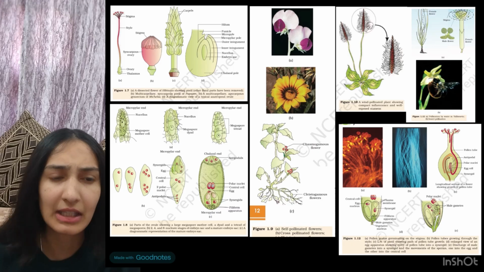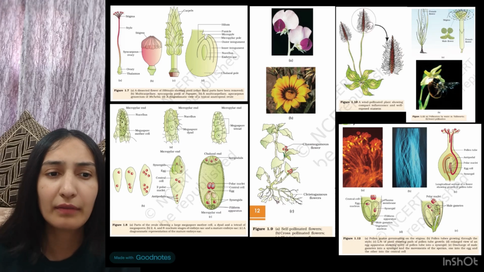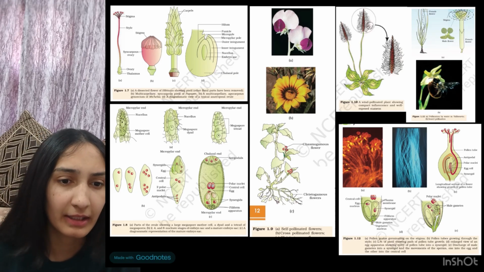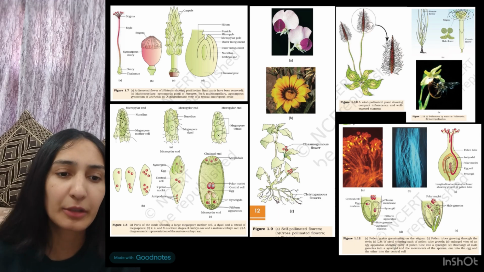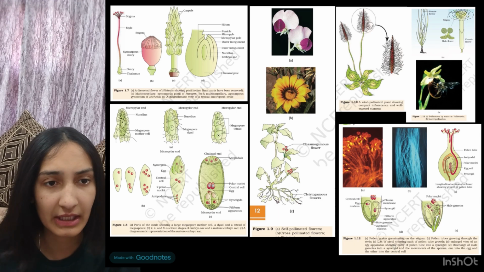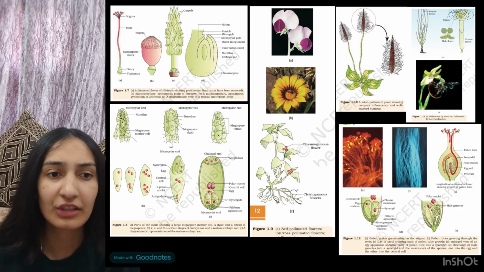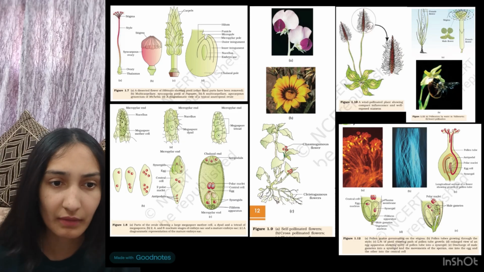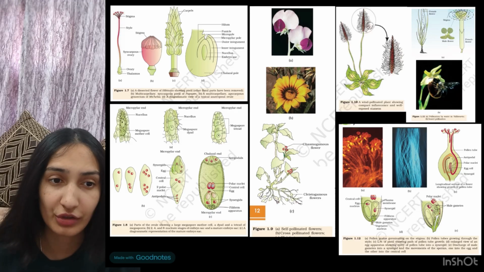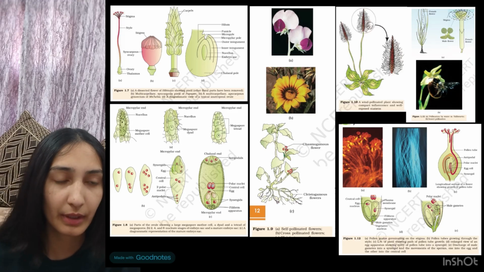You can clearly see that in the final stage we have 2 synergids, the egg, the central cell, 2 polar nuclei, and then 3 antipodals. Then C depicts a diagrammatic representation of the mature embryo sac where all of these have aligned. You can clearly see at the chalazal end we have 3 antipodals. At the micropylar end we have the filiform apparatus, 2 synergids, the egg, the central cell, and 2 polar nuclei.